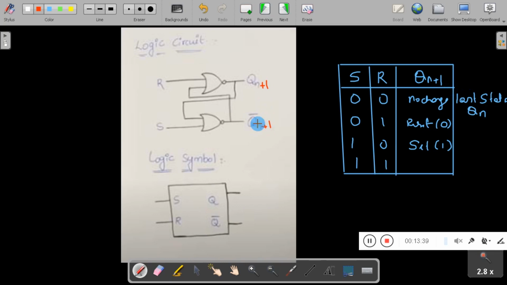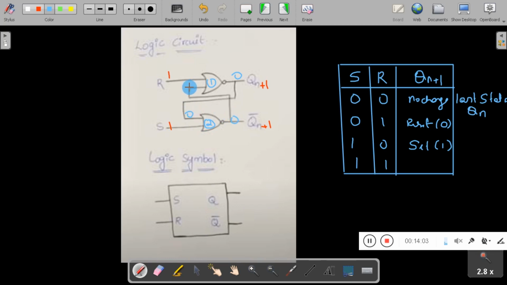So now we will take R is 1 and S is 1. Let's assume last state is equal to 0. Now this is the first NOR gate and this is the second NOR gate. The output of the first NOR gate is fed back to the second. Now this becomes 0 and 1 to the NOR gate. This becomes 0.